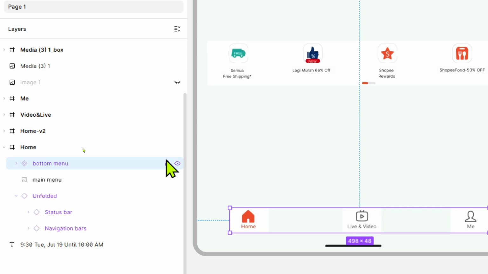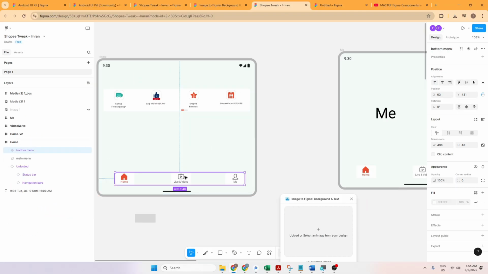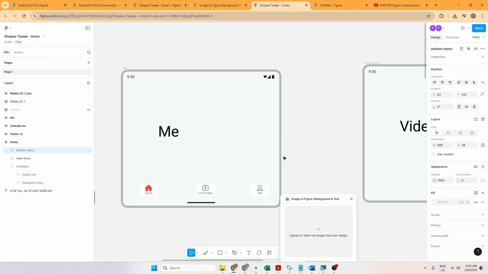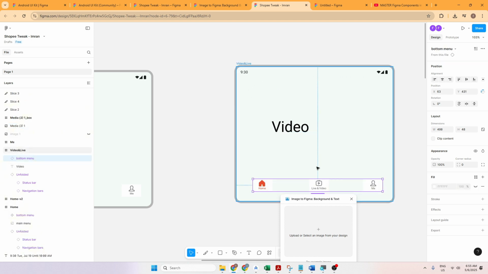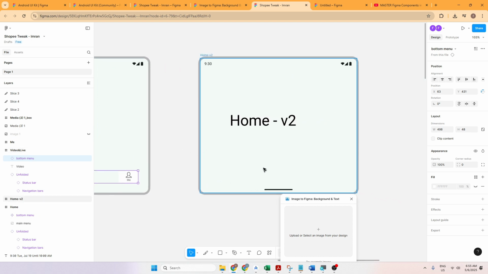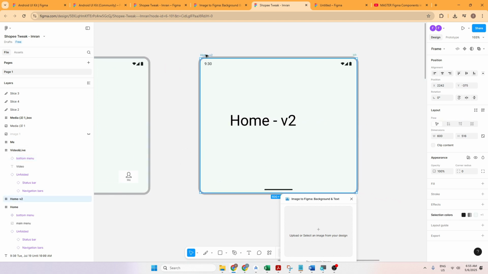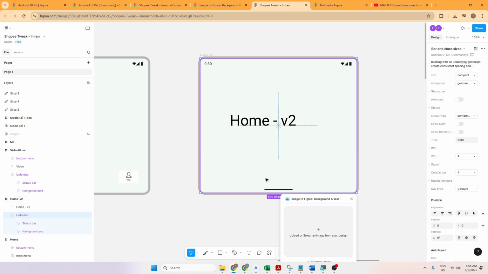Okay, so the benefit of using component is only do the link for the component. Instance will have link. Example, I paste again in video and live, paste instance of again a home version 2. If I paste the menu here,